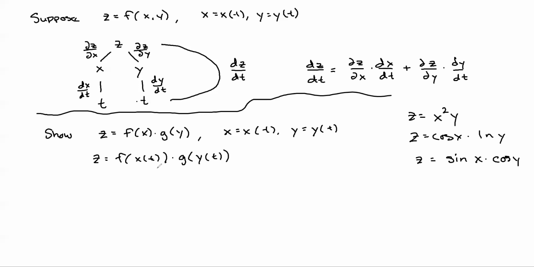All right, now at this point, since x is defined in terms of t, that means x of t just has t's in it. So there's a bunch of t's inside of a function, and a bunch of t's inside of another function. If you're going to differentiate a bunch of t's inside of a function times a bunch of t's inside of another function, you'd use the product rule. All right, so if we go through and calculate dz dt,